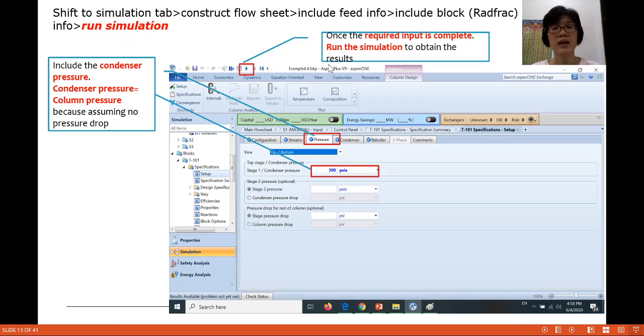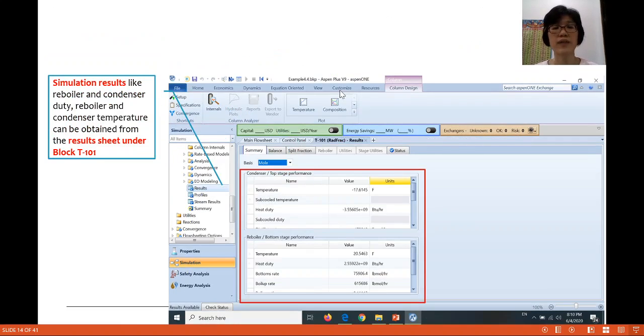And once you have done this, I think all turn to blue. You have to put it on every page. Then you can actually click the run simulation button to get the simulation results. But if you don't know which page to go, just click next, and you'll be guided to a message asking you to run the simulation, because all the required input is already in. Okay. So once you have run the simulation, then you have the